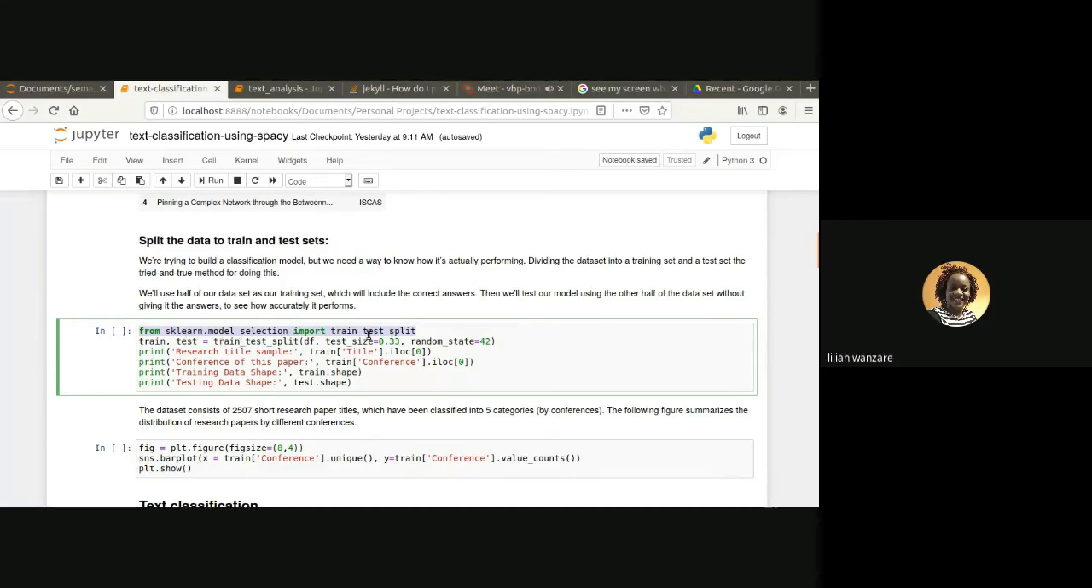So it has a function called train test split. So I'm just splitting my data 0.33. That means 70% of it I use for training, another 30% I use for testing. Okay. So if I run this,